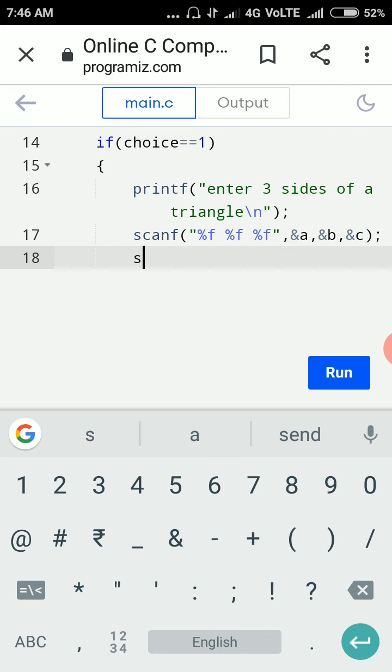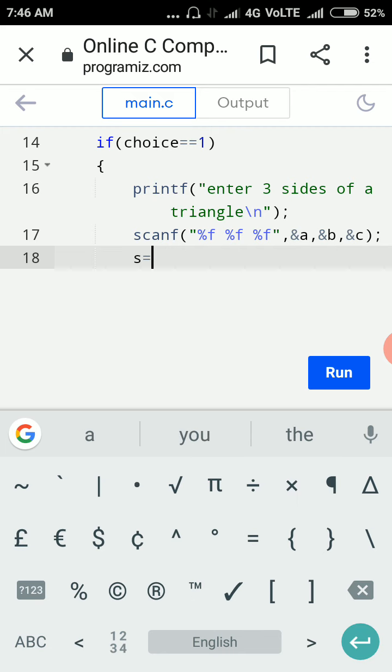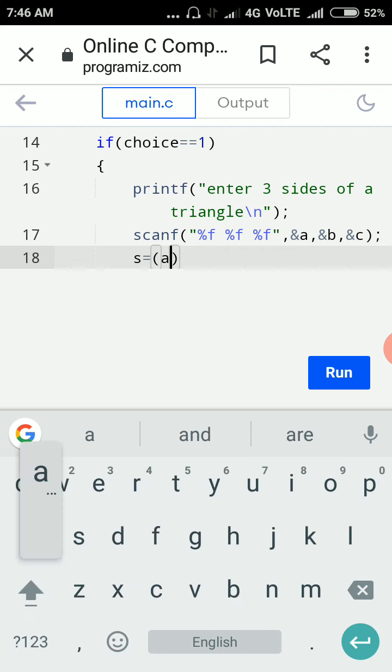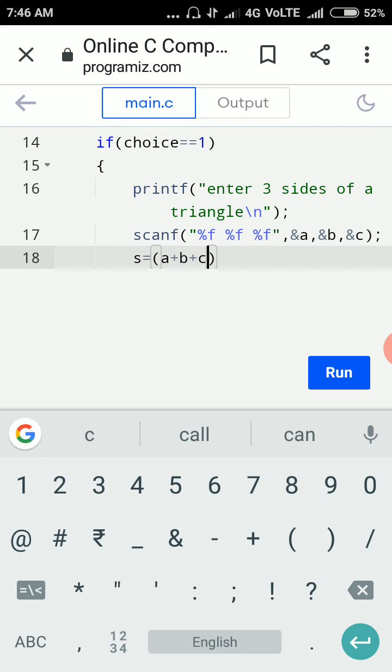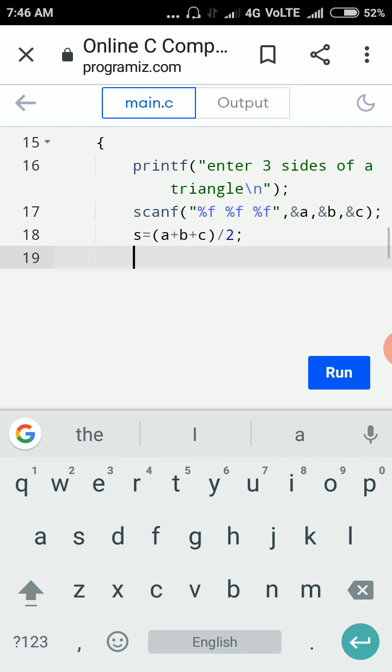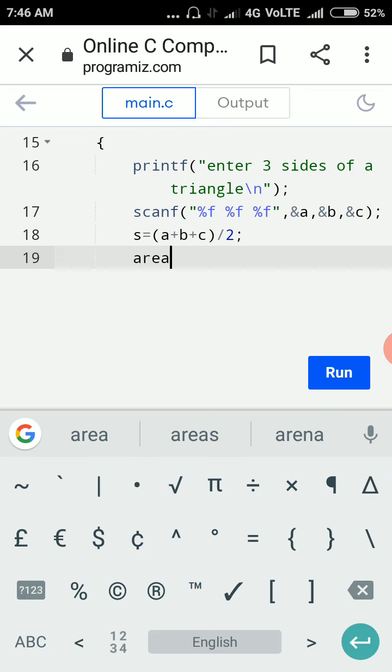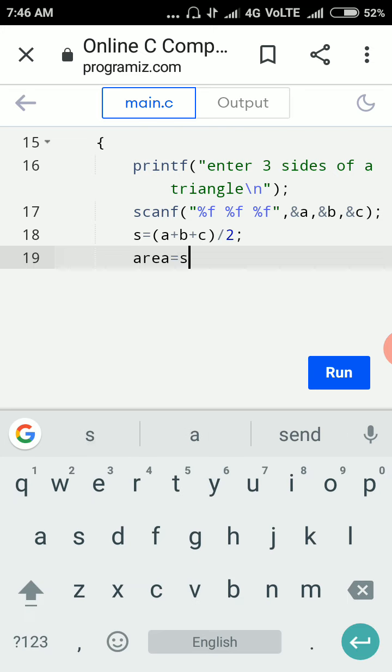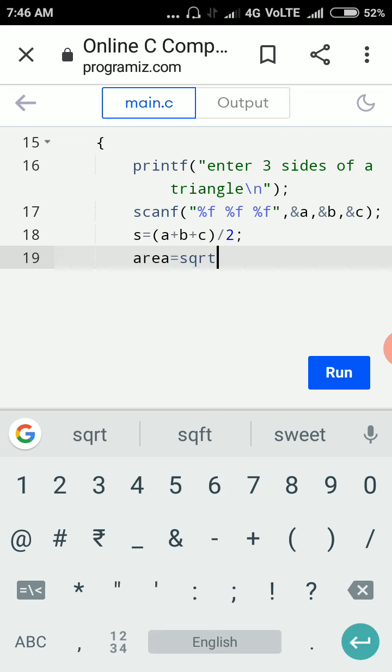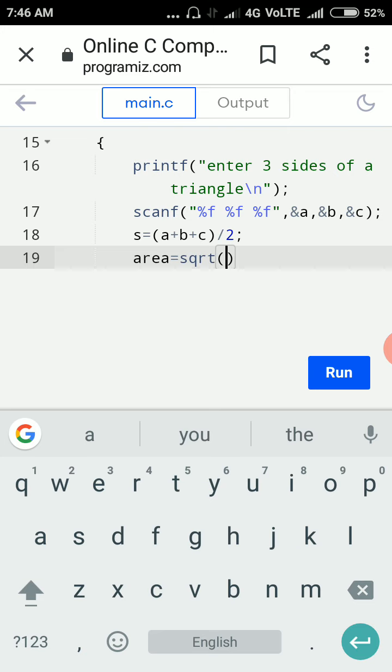Next, to calculate the area of the triangle, we must calculate the semi-perimeter. To calculate it, we are using the arithmetic operator plus: sum of all sides divided by 2 will give the perimeter s. And next, the formula for calculating area is equal to the square root function, which is already implemented in the math.h library.